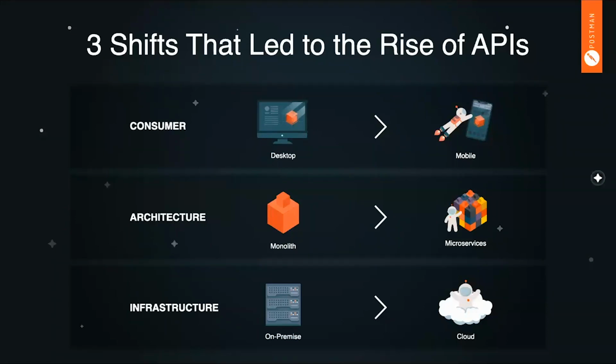And then along the way, our architectural patterns started to change, and we began shifting from a monolith to a microservices approach, where we're building individual APIs that do one thing and do it well, rather than just very large software. And then the third major shift was the move from on-premise to the cloud. Rather than running your own data center, we're actually running in Amazon, Azure, or Google Cloud, making our software more ubiquitous online and available around the globe.